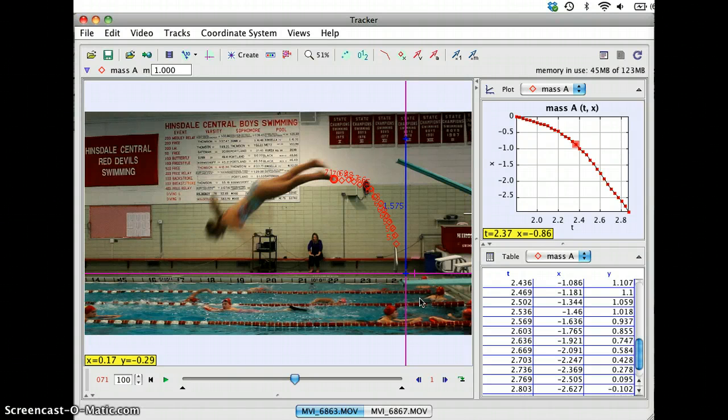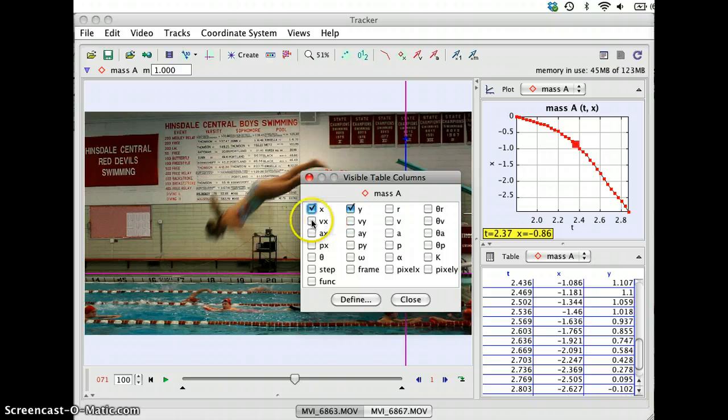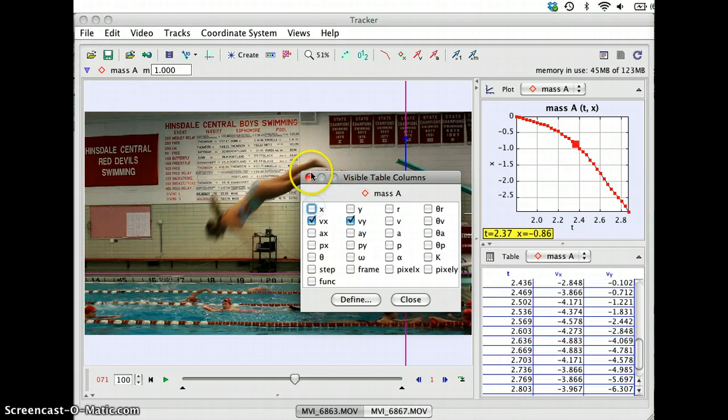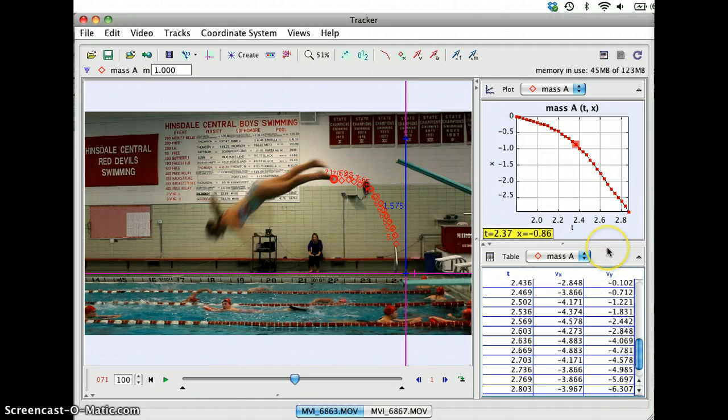We were first given a position x graph and a table with time, x position, and y position. We wanted to bring up a table with Vx and Vy. We changed the default graphs by clicking Table, checking Vx and Vy, and unchecking x and y. We then picked a point on both the launch angle and the entry angle